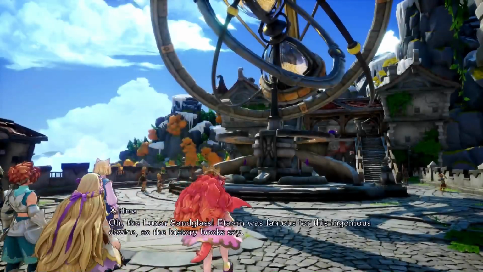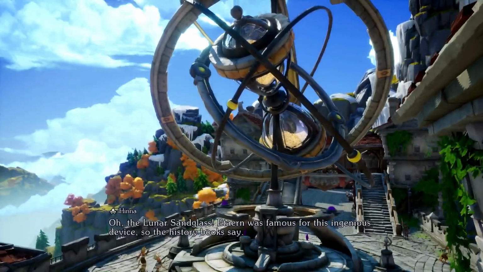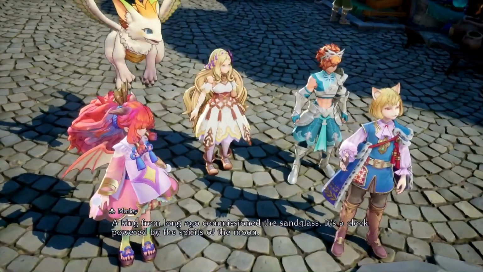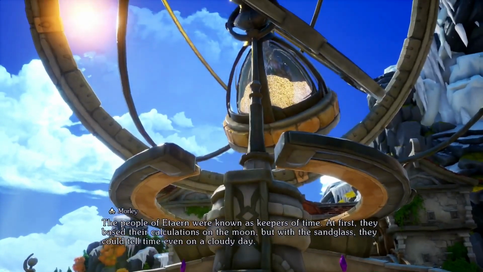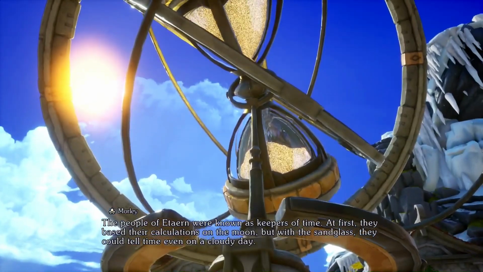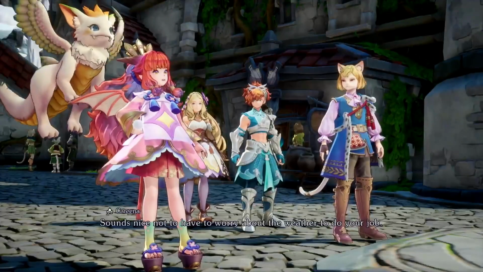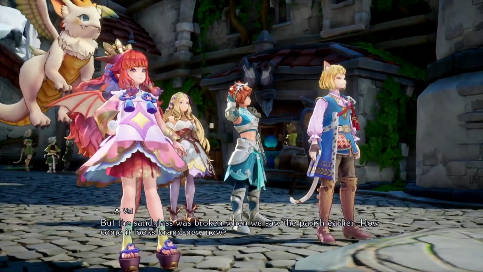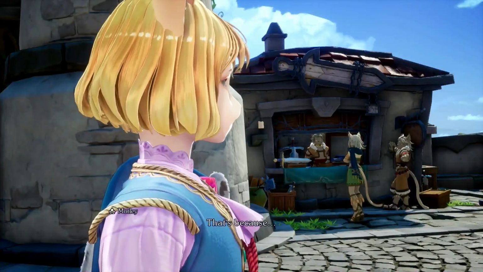Element of the moon. Let's see. Oh, the lunar sandglass! Etaern was famous for this ingenious device. So the history books say. A king from long ago commissioned the Sandglass. It's a clock, powered by the spirits of the moon. The people of Etaern were known as keepers of time. At first, they based their calculations on the moon. But with the Sandglass, they could tell time even on a cloudy day. Huh. Sounds nice not to have to worry about the weather to do your job. But the sandglass was broken when we saw the parish earlier. How come it looks brand new now? That's because...